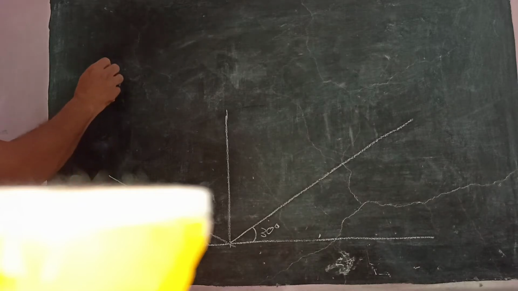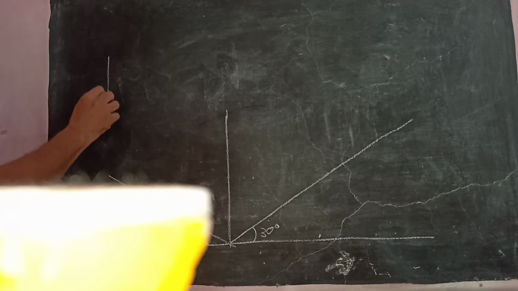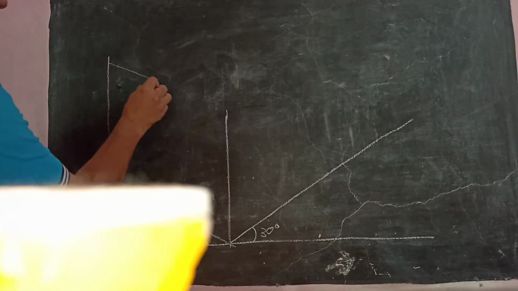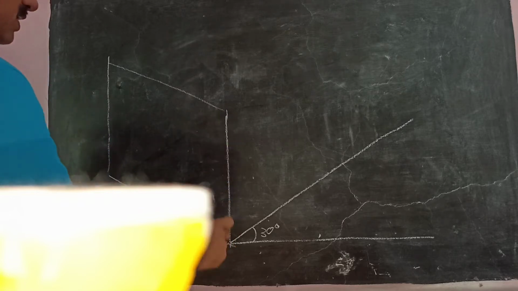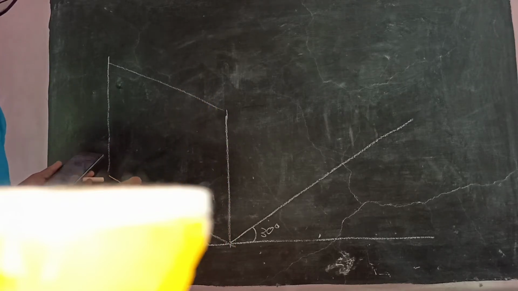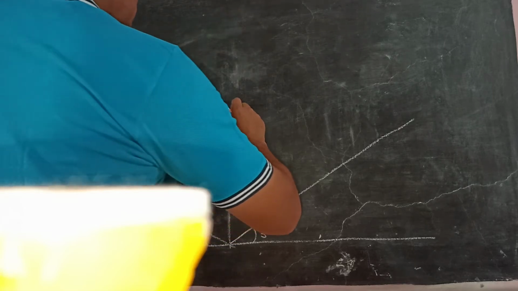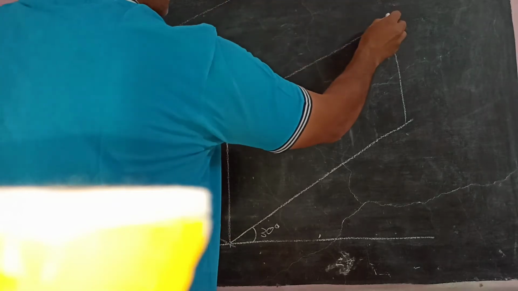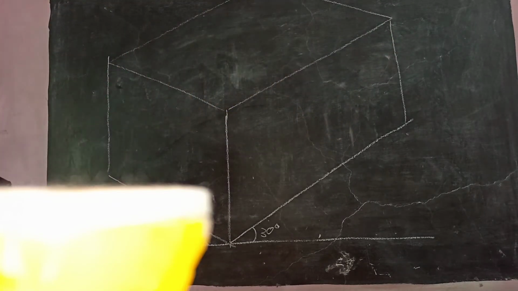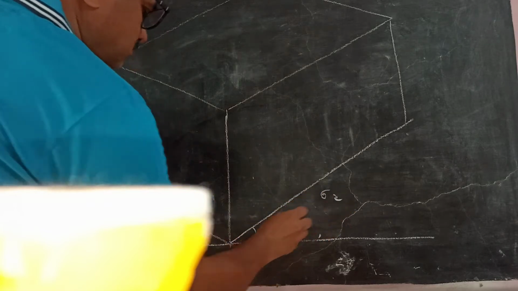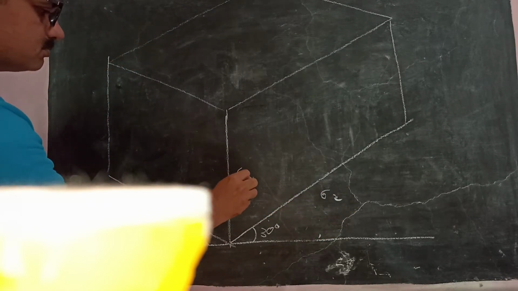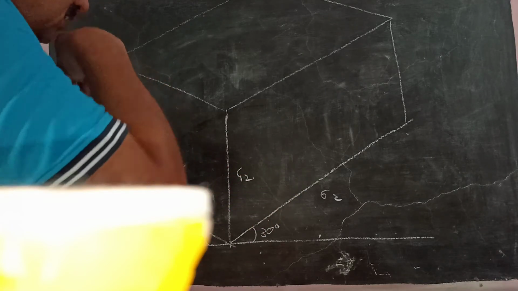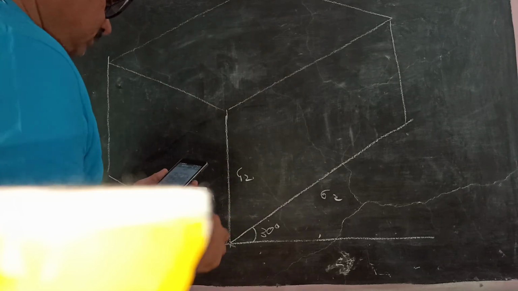Complete this box. This box can be completed like this. This line must be parallel to this, and again of the height of 42, because the total height is 42. Then the length is 62, and complete this box like this. So it is 62 by 50 by 42. Do not write these dimensions on the solution. This is just for your information.